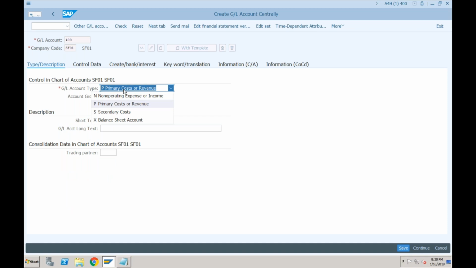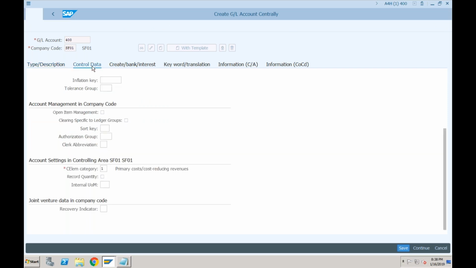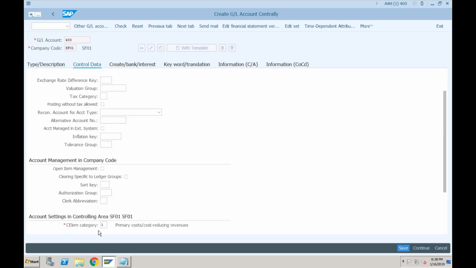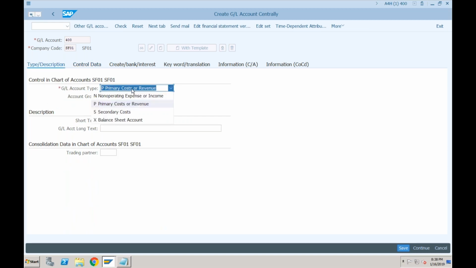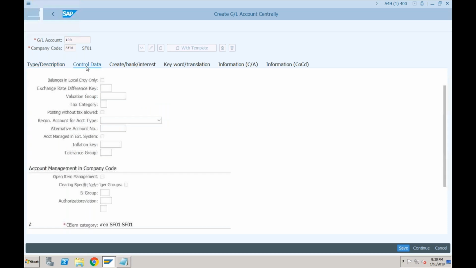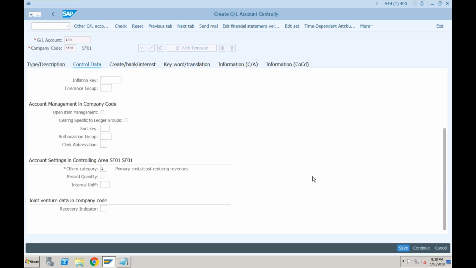For example, when you are creating non-operating expense or income, you'll only be creating a GL, not the cost element, so these fields will not be visible at all. They will only be visible when you select either primary cost or secondary cost, because for balance sheet and non-operating accounts we don't need a cost element. That is the reason it will not ask you for cost element categories.